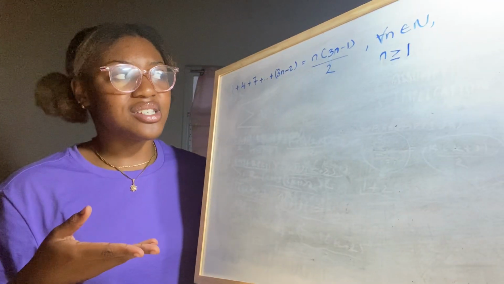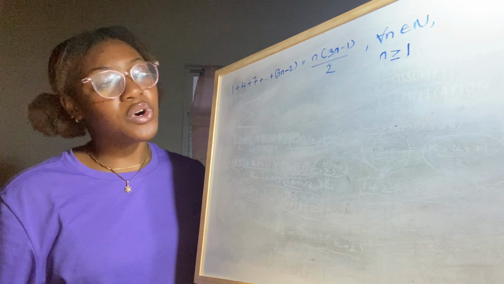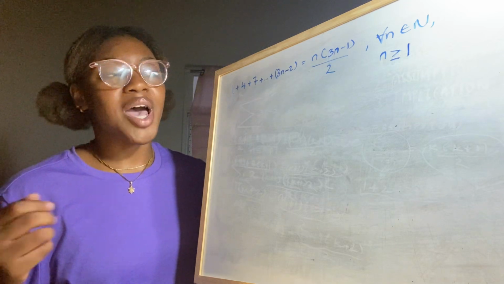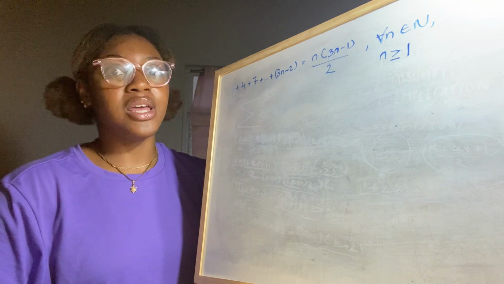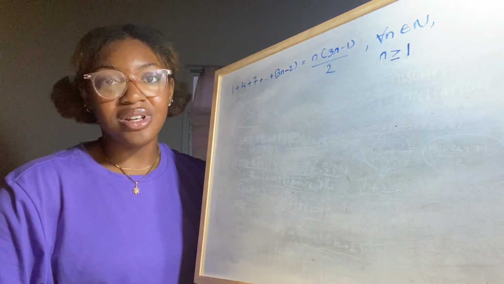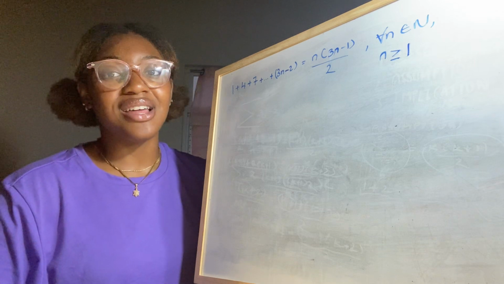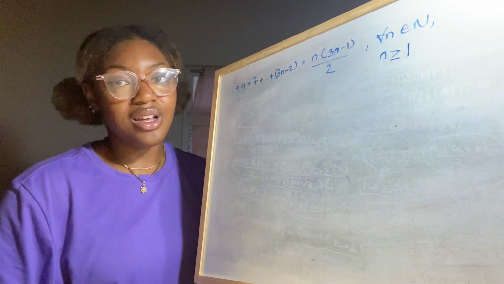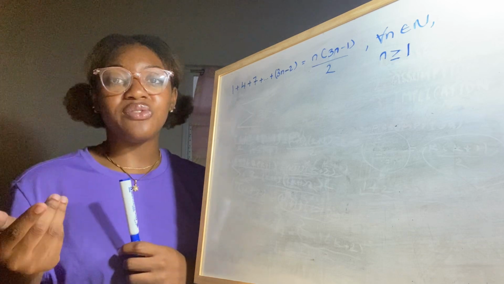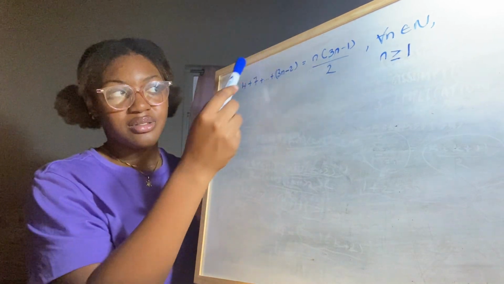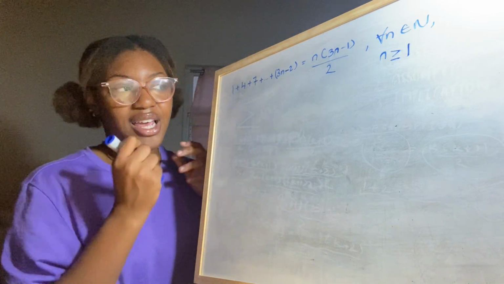So here's our second example. We'll have 1 plus 4 plus 7 plus ... plus in bracket 3n minus 2 is equal to n in bracket 3n minus 1 all over 2. And this is for every n that is a natural number where n is greater than or equal to 1. So before we get into proving, let's actually rewrite our left-hand side, the series, the terms being added, in sigma